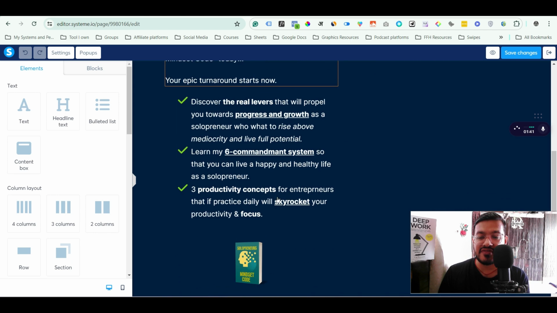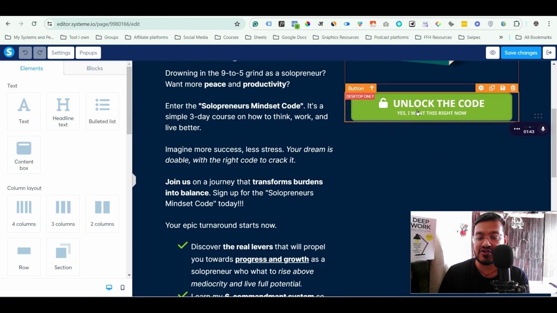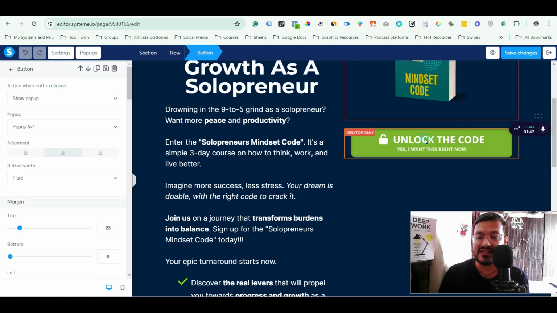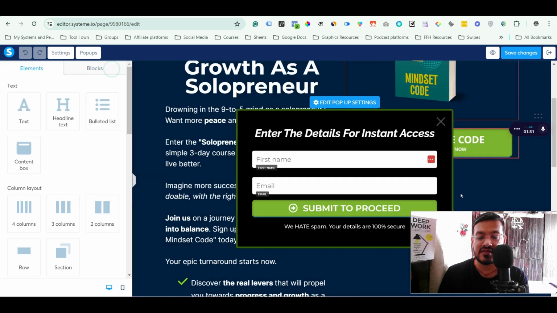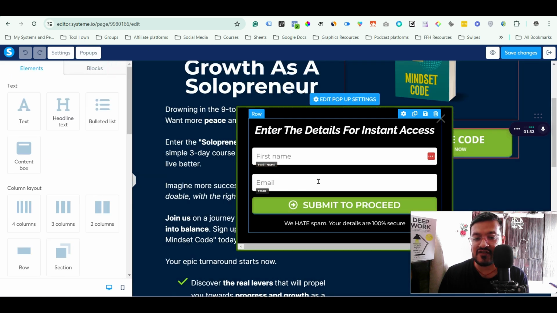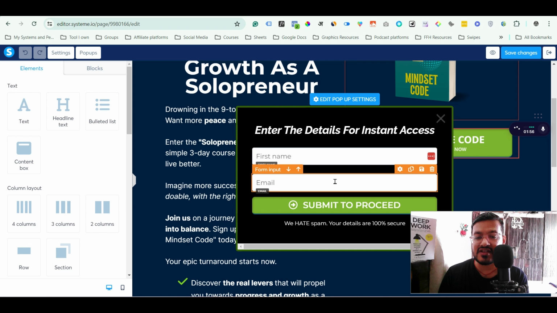Okay, so this is a course and this is a button, call to action. And what will happen is it has a pop-up. So whenever someone clicks this button, there is a pop-up. Okay, and when someone fills in the details, the person becomes a lead, and the person also gets the course. Okay, so it's a lead magnet. Now I want to enroll that person in a course, and the easiest way of doing it is this. Okay, so let's just clarify one thing.